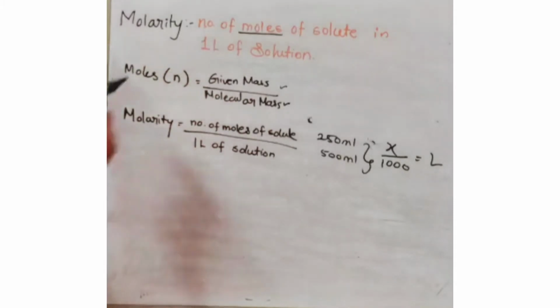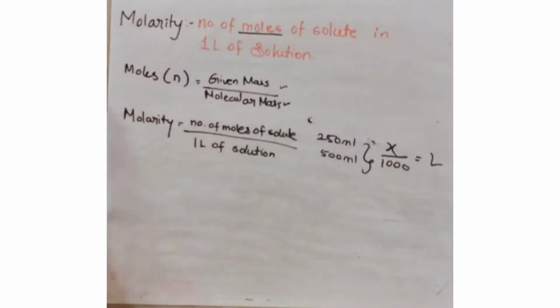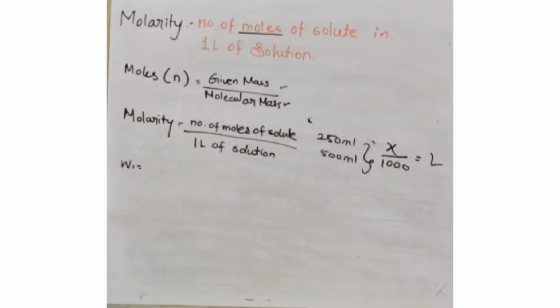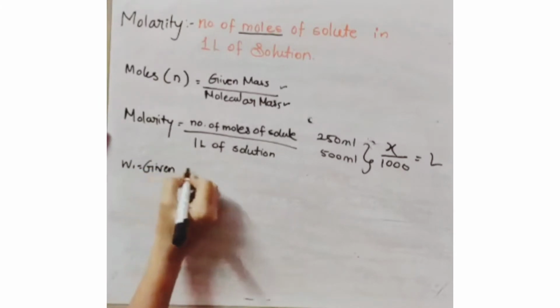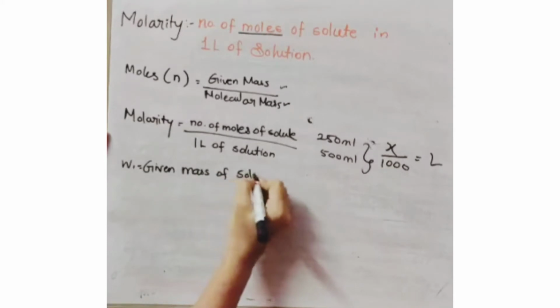So if I want to expand this equation according to my moles, what I will do? Number of moles of solute. So we have again two particles, solute and solvent. Okay. Now here we will consider only solute and solution. So let's move ahead. First thing, which one is in bigger quantity? Solute. Okay. So solvent. Sorry, my mistake. It is solvent. So what I will do? I will mark W1 as given mass of solvent.